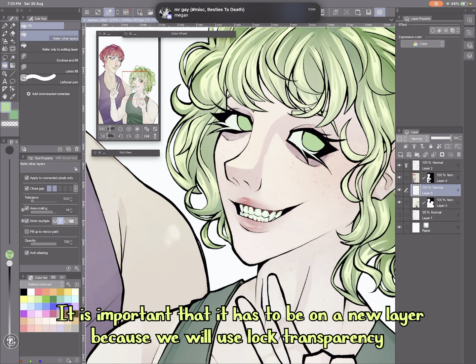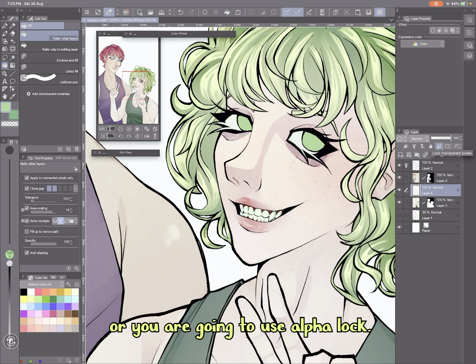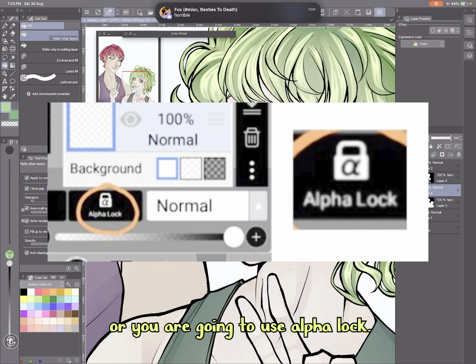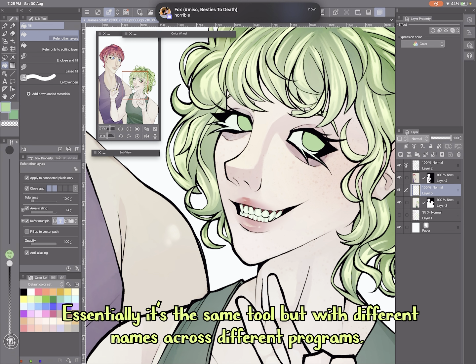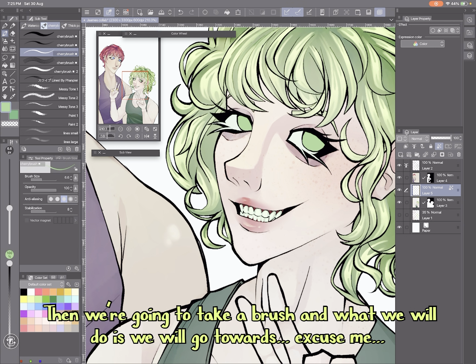It is important that it has to be on a new layer because we will use lock transparency, or you are gonna use alpha lock. Essentially it's the same tool but with different names across different programs. Then we're gonna take a brush,